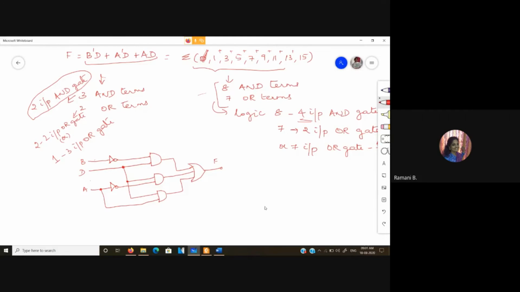So here, suppose we consider that I have B bar and A bar readily available, that means I am not going to include a NOT gate over here. In such a case, we call this sort of structure a 2-level logic gate implementation.